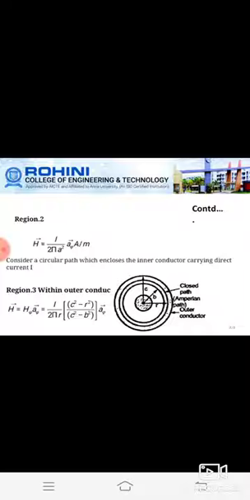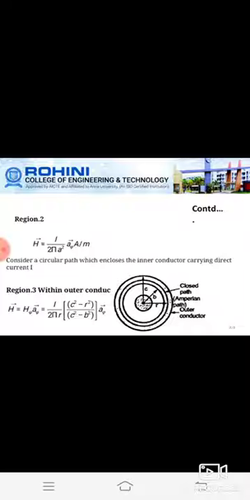And in the third region, that is within the outer conductor, b less than r less than c, here we are considering the closed path where the current enclosed is only along one part of the current, that is minus I. So in the outer conductor, this total current minus I is flowing along the cross section. So we can say that as pi of c square minus b square, while the closed path is enclosing the cross section pi of r square minus b square. So the current which is enclosed by the closed path in the outer conductor, we can write it as I dash is equal to